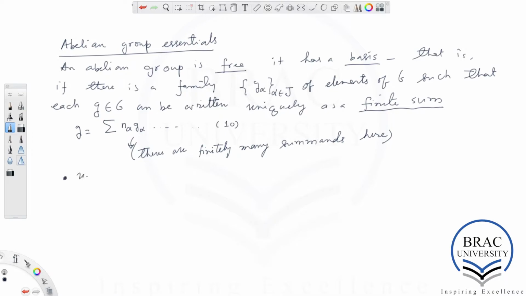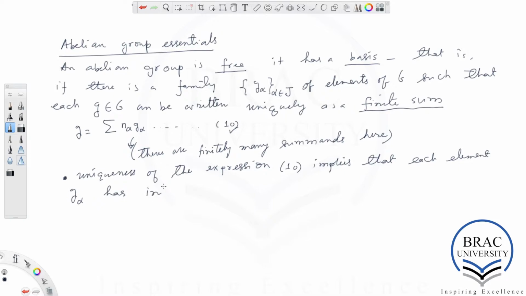So the uniqueness of this expression 10 implies that each basis element G alpha, or more generally any non-zero element in the group, has infinite order.